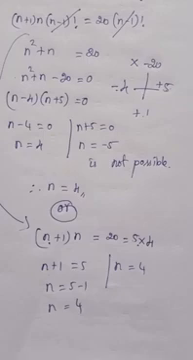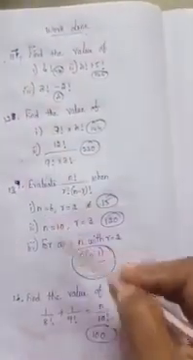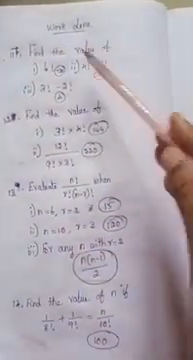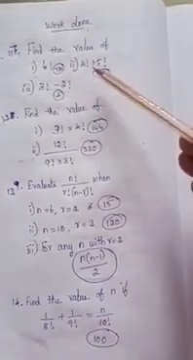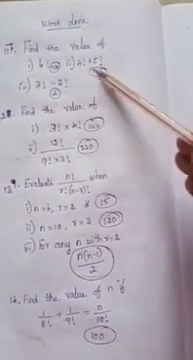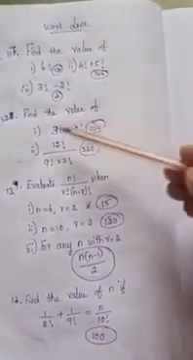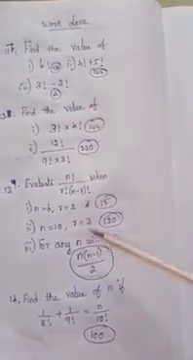Okay. Now we are going to the work done part. See, the work done part. Problems number 11, 12, 13, 14. 4 problems I have given. Find the value of 6 factorial, 4 factorial plus 5 factorial, 3 factorial minus 2 factorial. See, all the answers I have given. So this 12th problem is also the same way. 13th also we